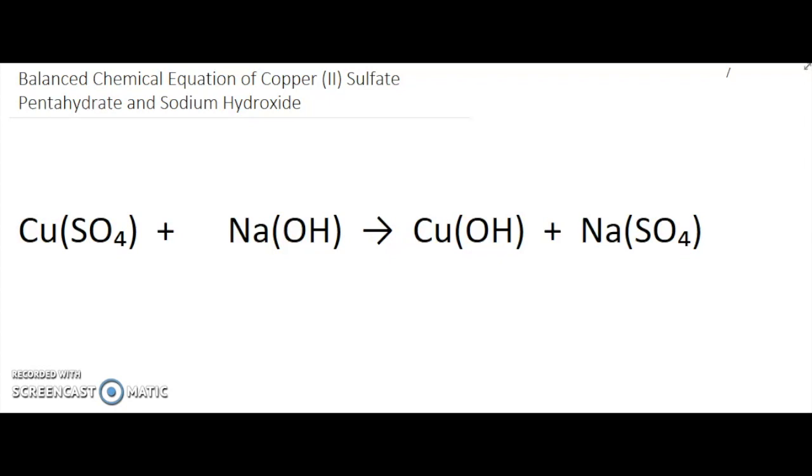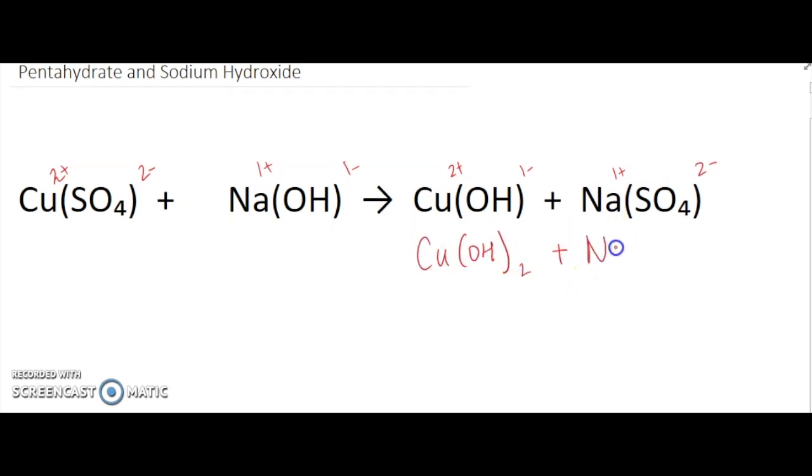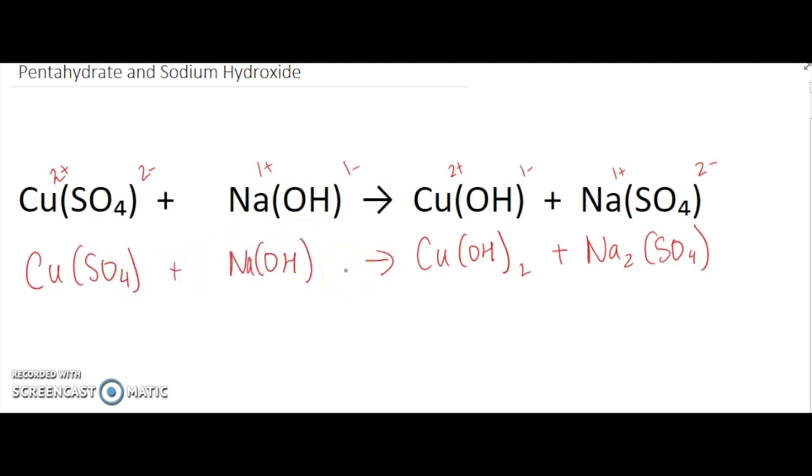First, calculate the charges of all the ions. Let's make them balanced molecules. And now let's balance the equation. Now, to know whether they're aqueous or solid,